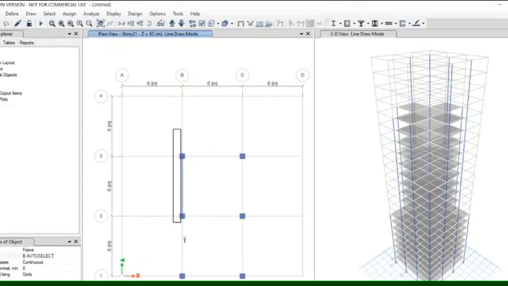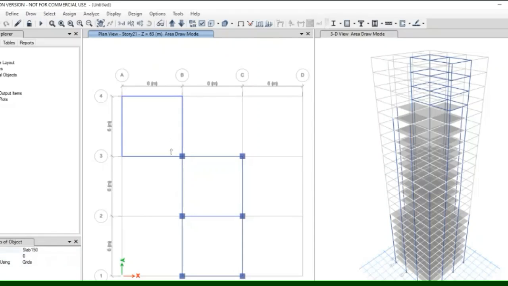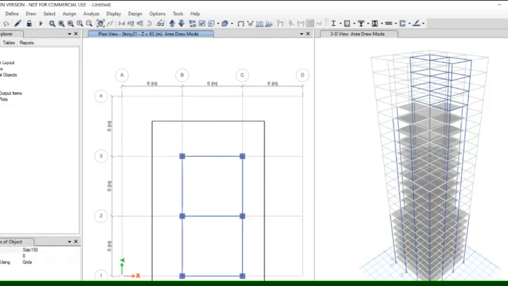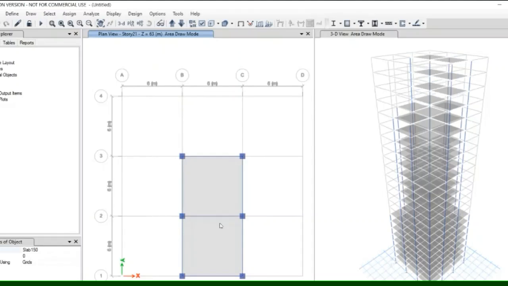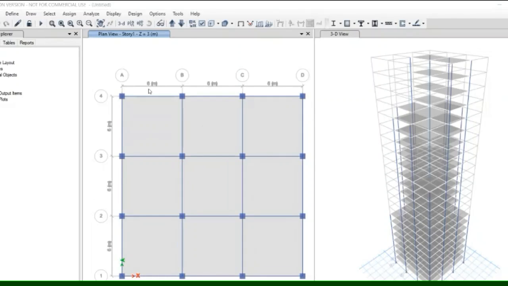Quick draw beam, drag and draw beam. Similarly for the slab. Now go to story 1.